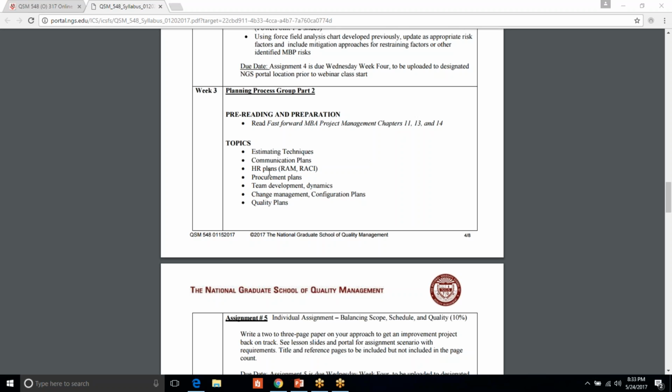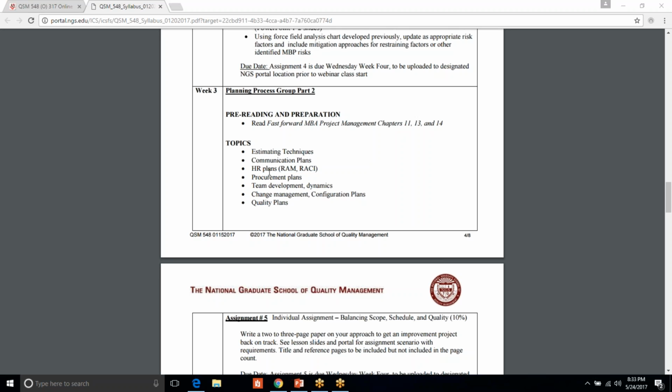As the team evolves, what does that look like? What's the development that we want to look for to be successful, as well as the dynamics that exist within any team, some of the basics of that. We'll talk about change management, which in project management,